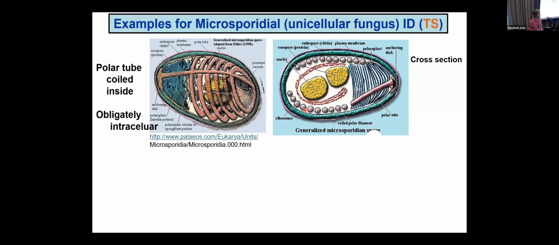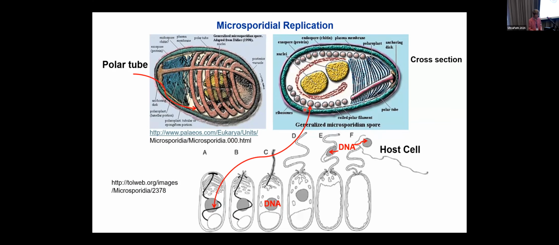If you have 5 to 6, it's a different kind of organism. And I'm not going into which kind is which, but I'll show you an example in a moment where that was important. And these things replicate because when the spores germinate, they poke this polar tube out of the apical end, and the DNA,